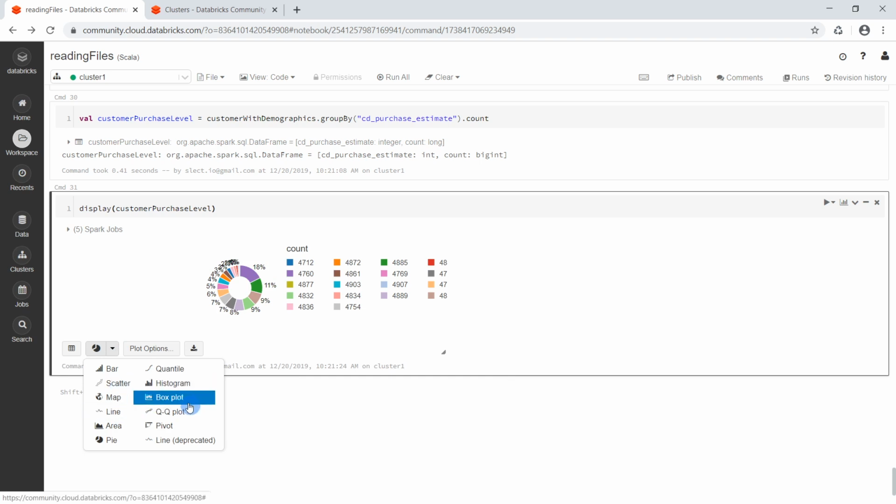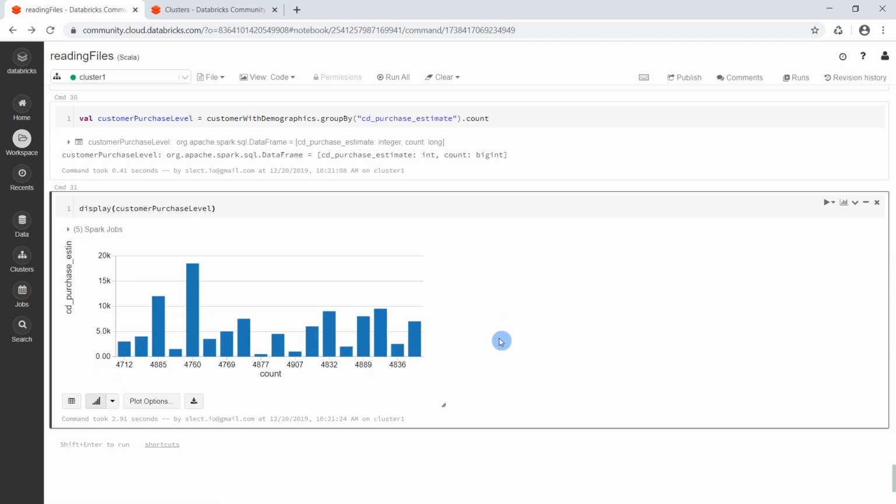So you have different possibilities here to visualize our data, and we will learn more about them with time. So let's go back to the bar chart, and this is how it looks. So next we will create our final data frame that contains